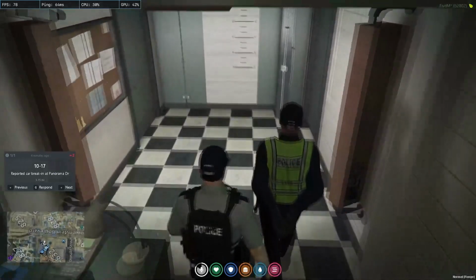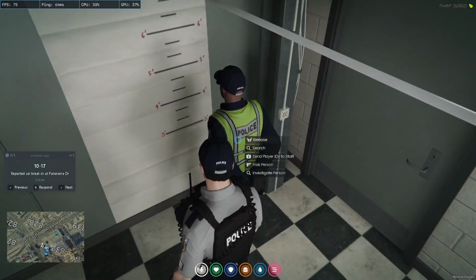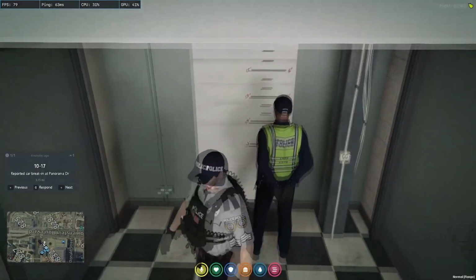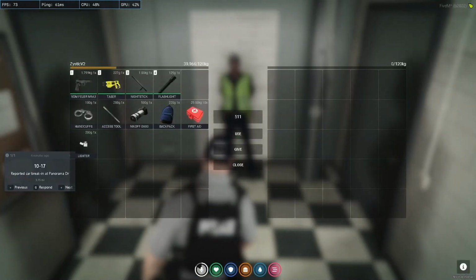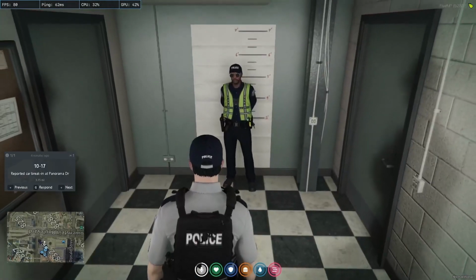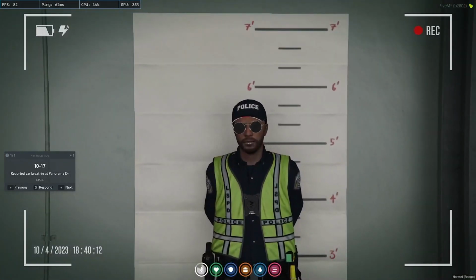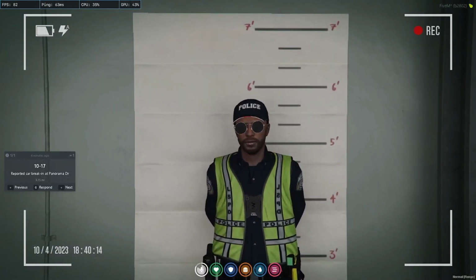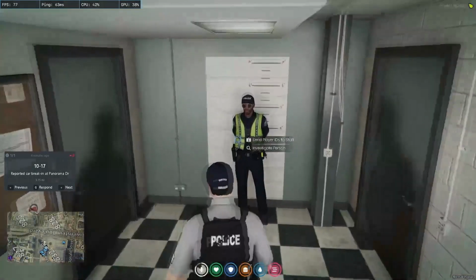Once you get done with that, I'm going to take your mugshot today. Go ahead and just face up against that wall and face me. And then after that, you can use your camera or whatever you've got, or use external software to take a picture of them and take that mugshot. And you can also put that in the MDT. Once you've done all that,